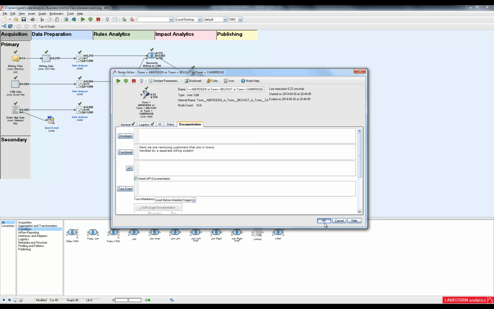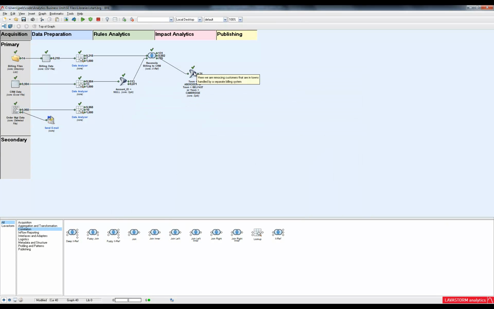And then if we go back to our overall model and we hover over that node, we get a tooltip of the notes captured within that documentation tab. So not only can we logically understand what's happening throughout our model through its native visual flow, we also have the ability to understand why we implemented this specific rule or this specific set of business logic at this step. And from a best practices perspective, this becomes very powerful because it again collapses that implementation model